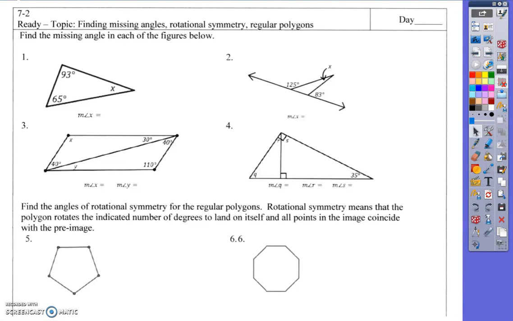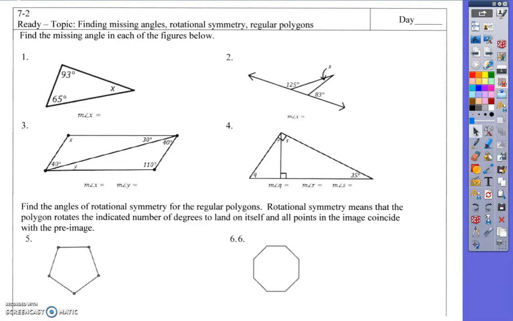We're going to use some of the knowledge we have about triangles, the fact that all the angles add up to 180, and also in number 3, parallelograms, and what's true about the opposite angles, and since it's a parallelogram, what's true about the alternate interior angles. So I'm going to just kind of leave you to handle this one, but I'll do a little preview on